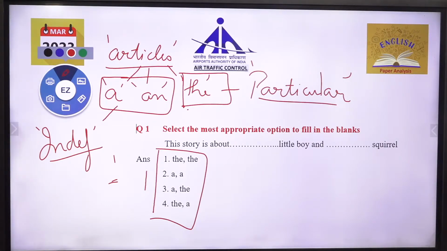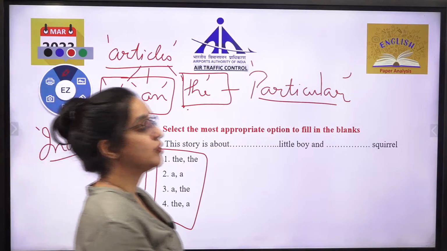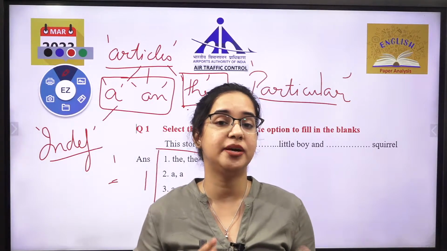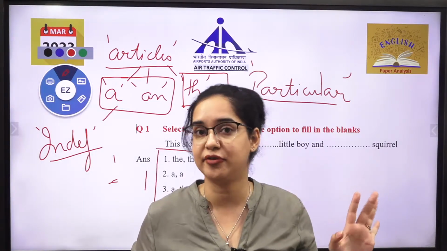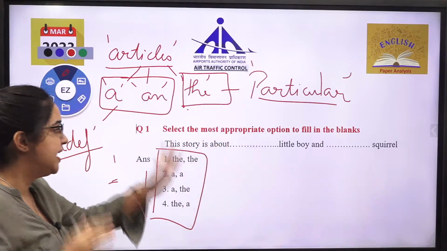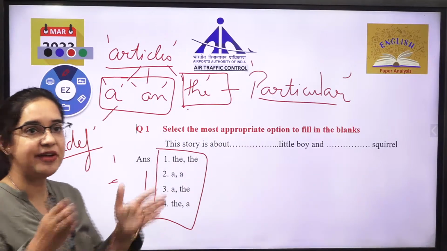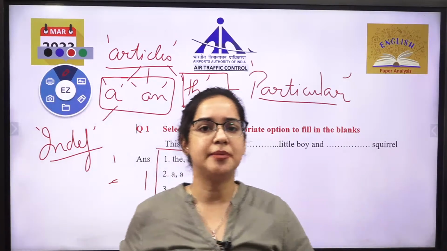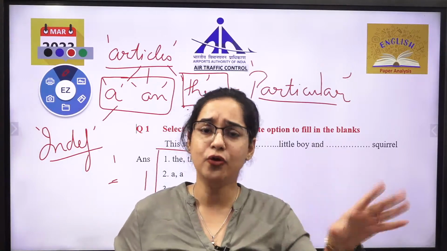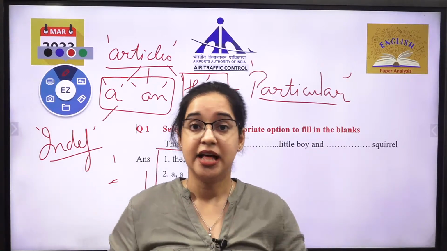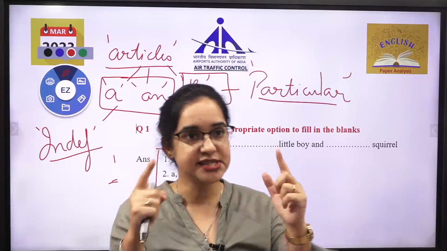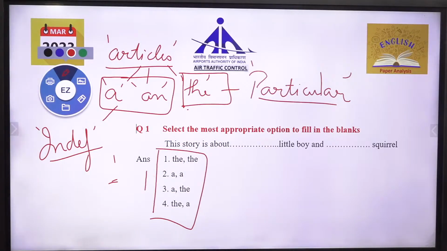Okay. Now understand, this is why I'm saying you understand the concept. Are we talking about some definite boy? Are we talking about some indefinite boy? Are we taking the name of that boy? Are we taking the name of that squirrel? Is there something definite? What is definite and indefinite is, मैंने कोई बाजार में लड़की देखी. So that is, I saw a girl in the market. वो लड़की जो है वो मेरी सिस्टर की फ्रेंड है. The girl. अब मैं सेकंड में श्योर हुई हूं, पहले में मैं श्योर नहीं थी. This is the concept that you need to remember. Now think about this answer.